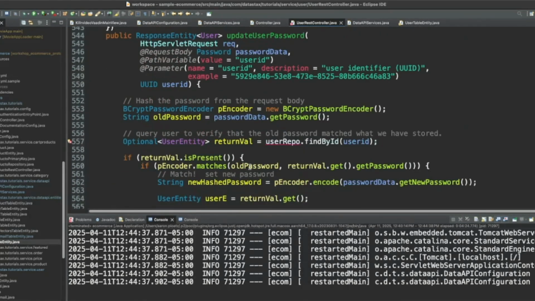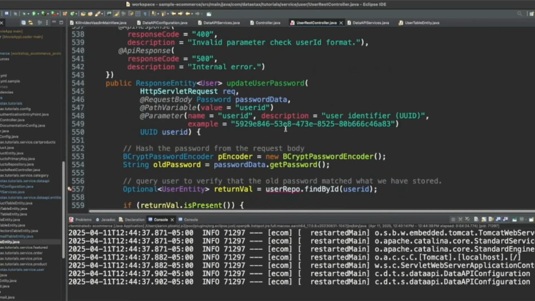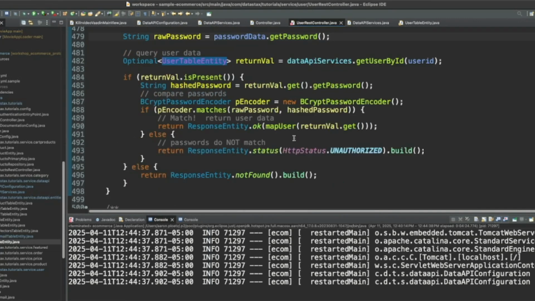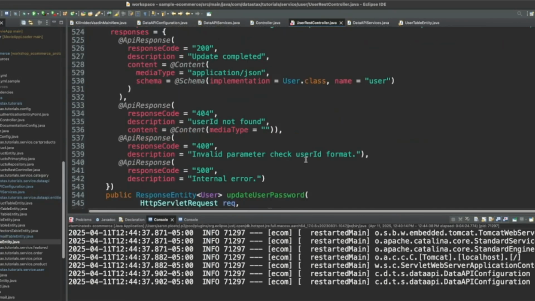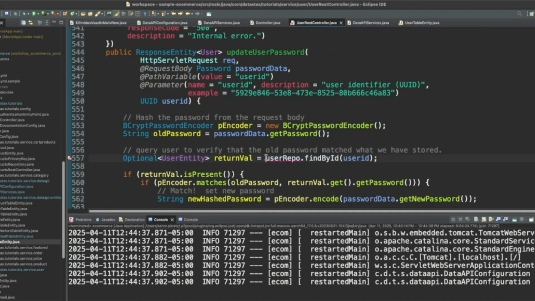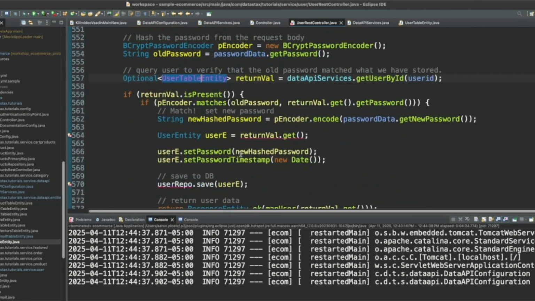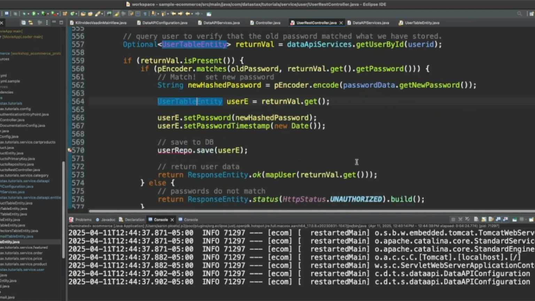Okay, and we're almost done here. So same thing, user find by ID. There we go. Let's scroll down. User table entity. Here we go, user table entity.